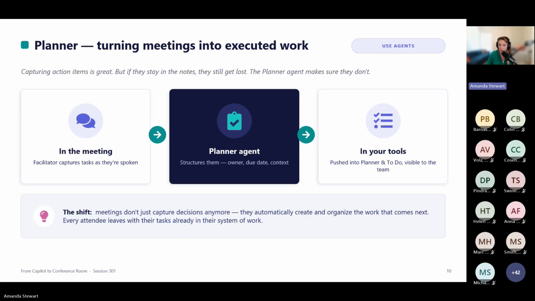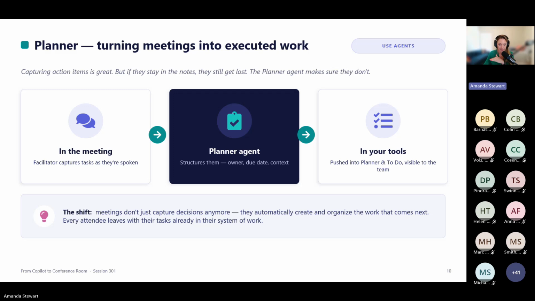The facilitator has captured action items in a meeting, hypothetically, right? This happens all the time. I'm in a meeting or I'm following a meeting. Maybe I'm not in the meeting because I'm double booked in that meeting time. But if I was invited to that meeting or my name is mentioned in that meeting and I'm being assigned tasks, facilitator is capturing that information. Where do those actions actually go? Because if they just sit in meeting notes, they still get lost, right? I can't go back and read every chat thread or even every email that's related to every meeting that's on my calendar. And this is where the planner agent comes in.